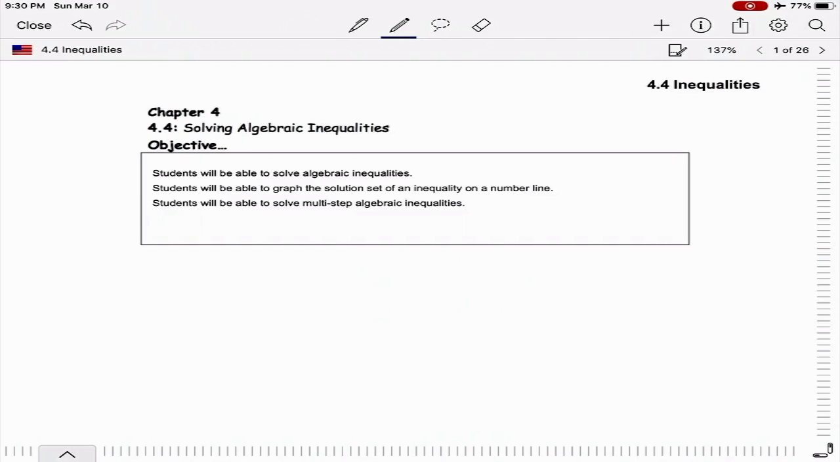So in today's lesson, we're going to learn about inequalities, how to solve them, how to graph them, and how to do multi-step ones. So first things first, what is an inequality? Before I can go into what an inequality is, I have to first remind you what an equal sign is. So an equal sign is when the left side is literally the same weight, the same size as the